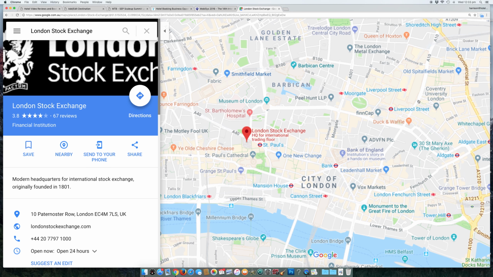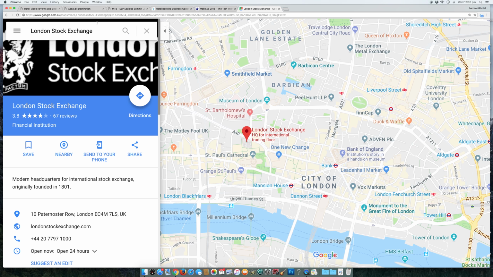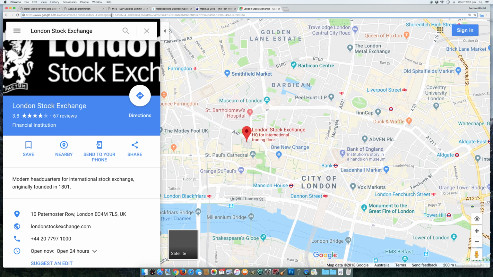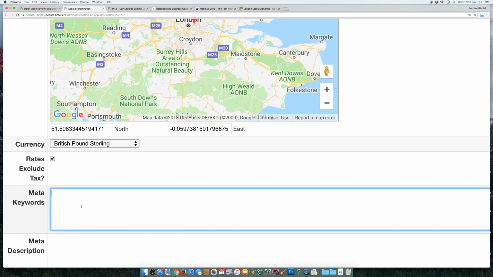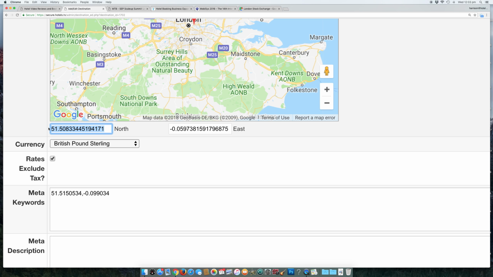Now, on any map search on Google, you will find the coordinates in the actual web address or the URL of that page. So you copy that, you go back to your page, and you can use the meta keywords box, because we don't actually use that, to grab the details. Copy and paste, pop them in there,